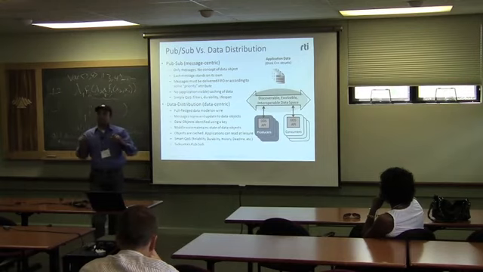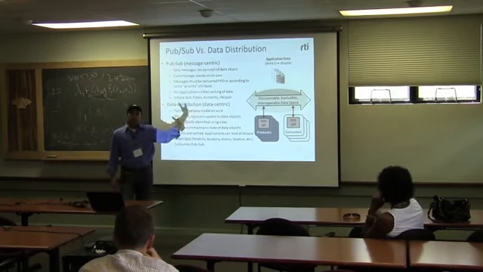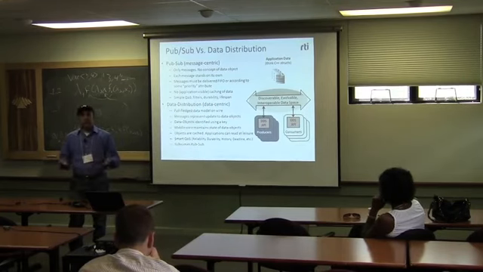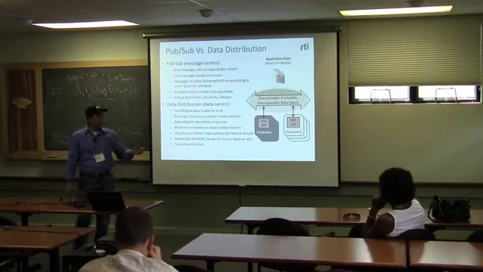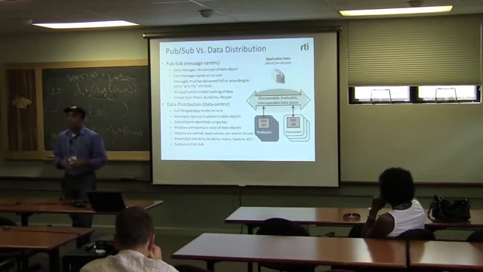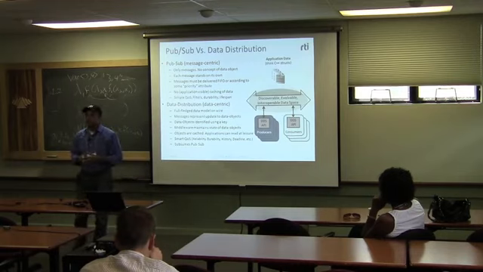DDS has first-class features or properties to model that, or to discover that in a data space there is a new instance of an aircraft available. There might be hundreds of aircraft in the air at the same time, but is this a new one? Each aircraft forms its own independent data stream, and you can easily model that using a key. It could be simply a GUID, a UID, and that's one way of doing it.